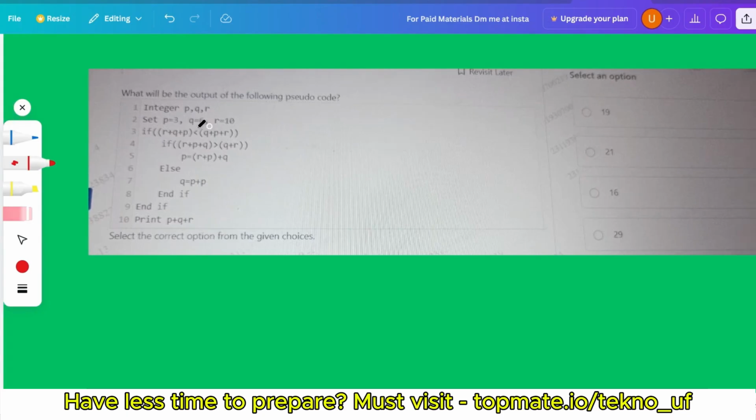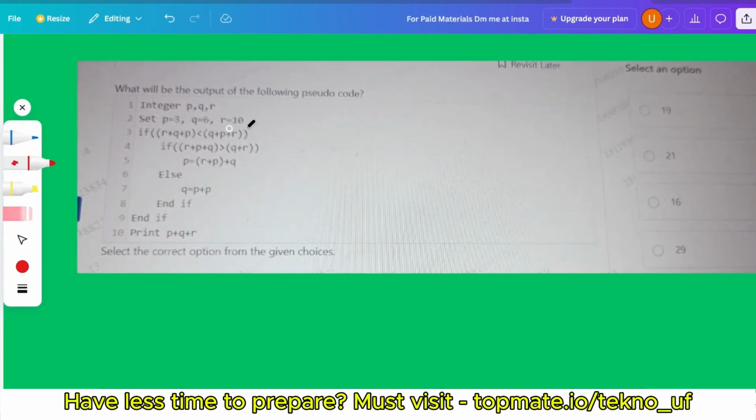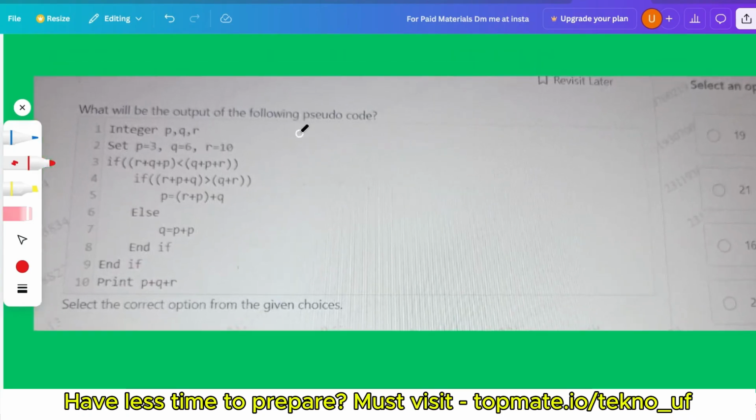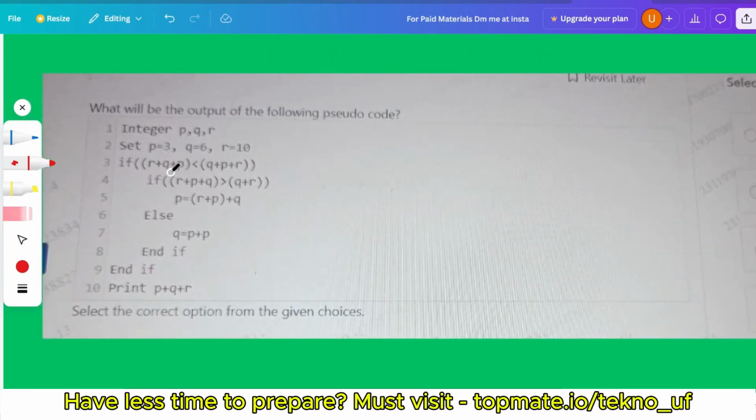So at first the values of p, q, r are initialized. Then we have to check the if condition. If p plus q plus r is lesser than p plus q plus r, no, because here you can see r plus q plus p and q plus p plus r are both the same, right? But they have changed the position of p plus q plus r, so that there will be confusion